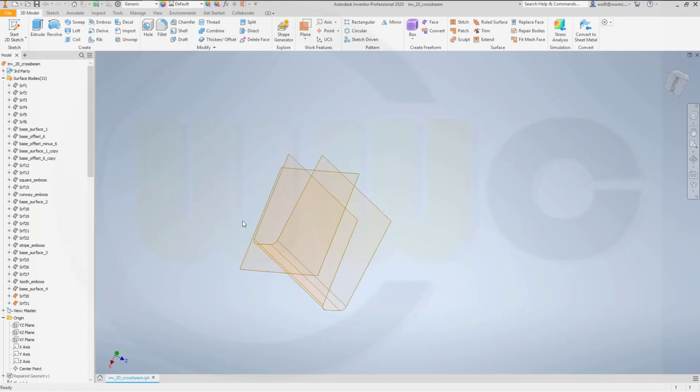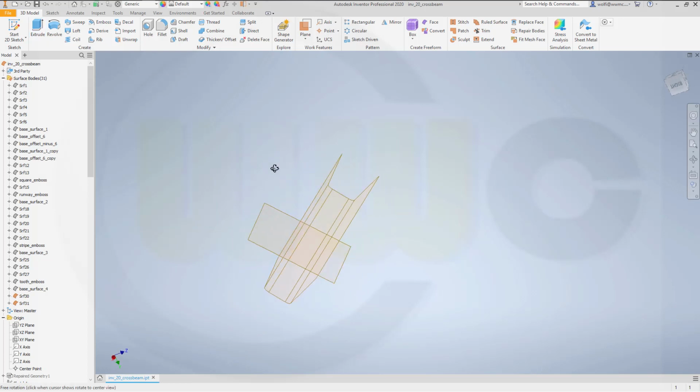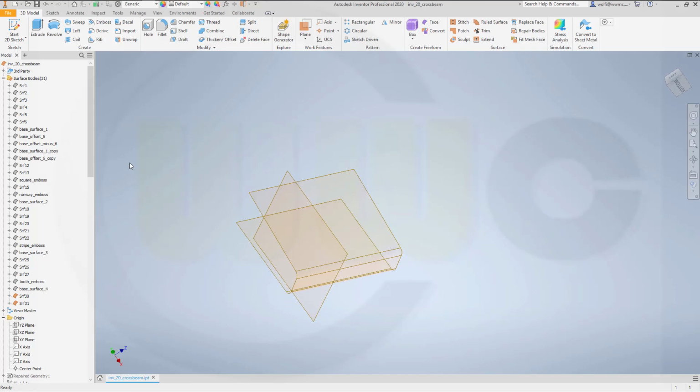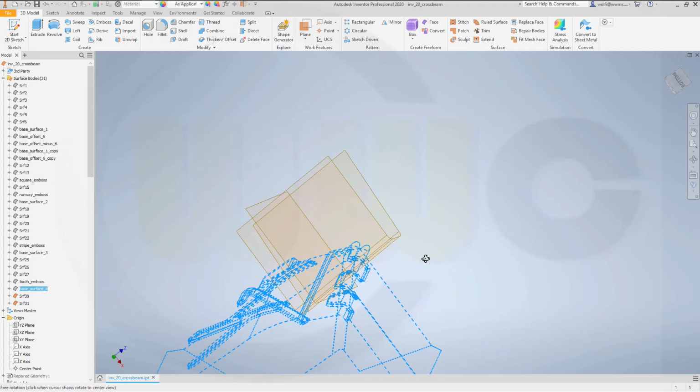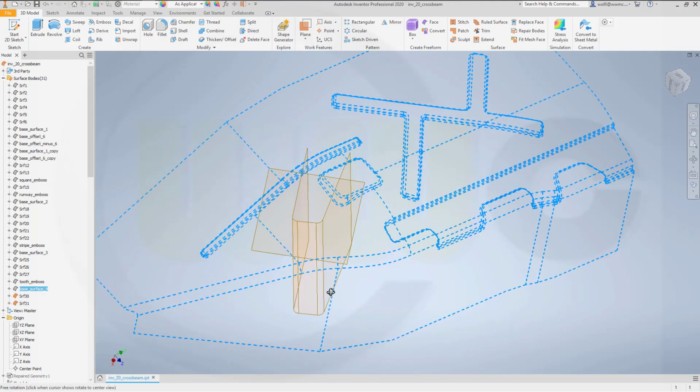Okay, now where is my, because I lost the orientation, so that's okay like this,